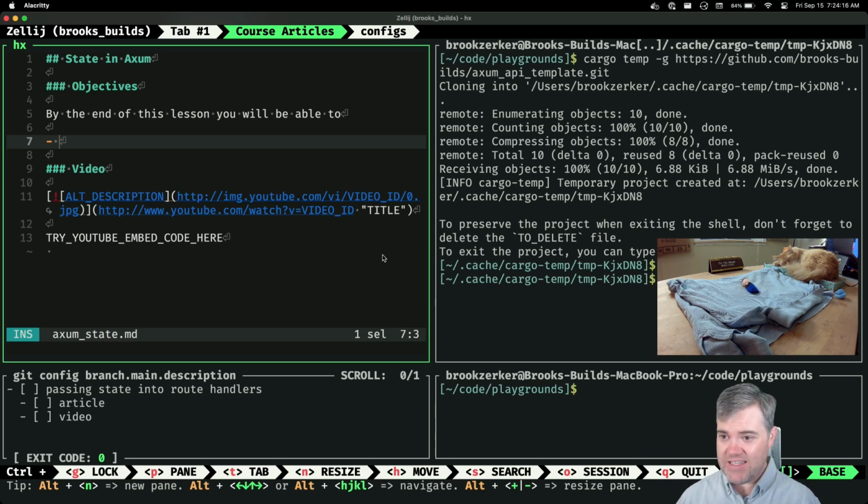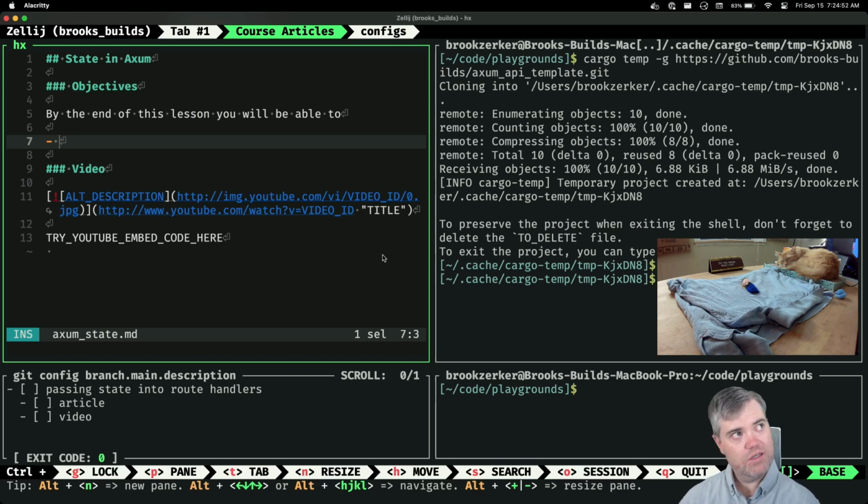Okay, by the end of this lesson, you will be able to. So state is interesting in Axum. I think that people attempt to overuse state a little bit, but I also think that it's still got some things to work on in the language, so I wouldn't be surprised if it changes a bit. So what am I thinking here?